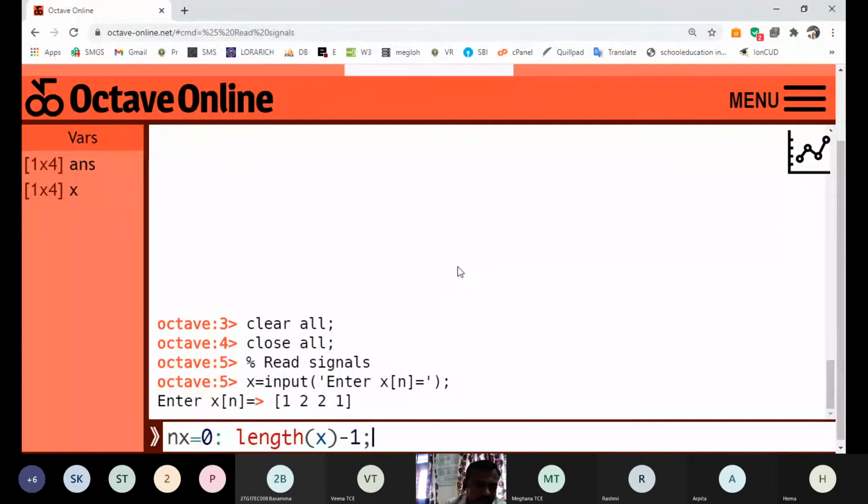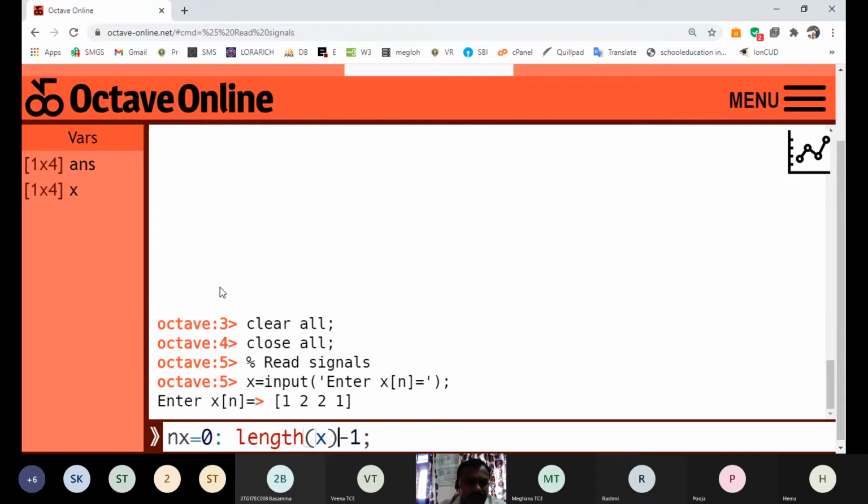Therefore the same thing is declared using the statement nx. So nx indicates the element index n for the x signal. The nx variable has values from 0 to length of x minus 1.